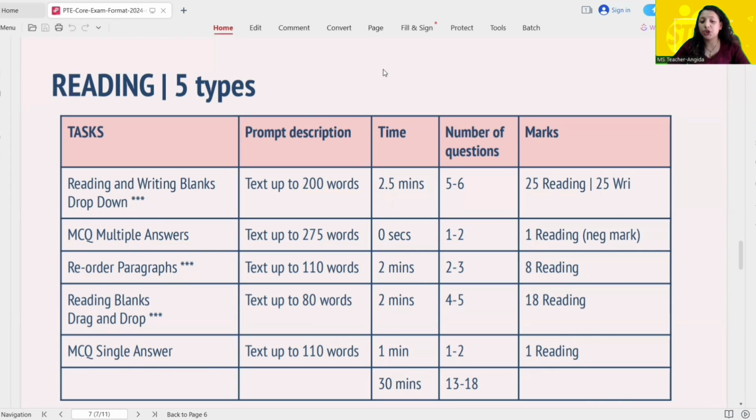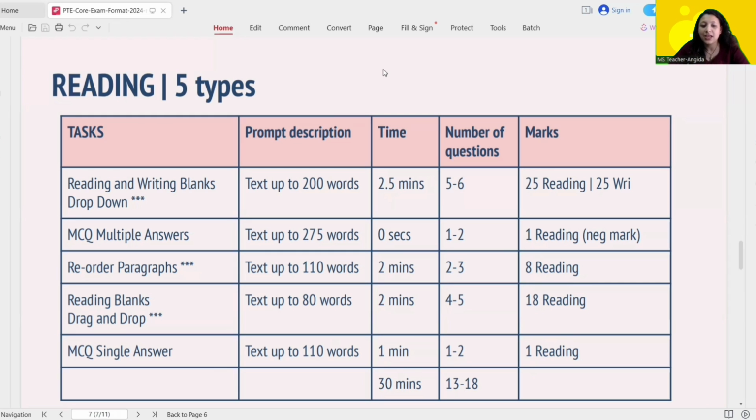Now, in this question, you will have a few sentences. Those sentences will be all jumbled up, and you have to make an order reading those sentences. There's a total of 2 questions minimum, and the total time is 2 minutes. So if you get 2, that means you have 4 minutes to spend to this question. The marking can be a little different than what you see on the screen right now. Only 1 or 2 marks, because we have 8 marks here,